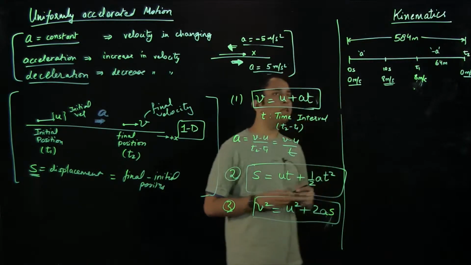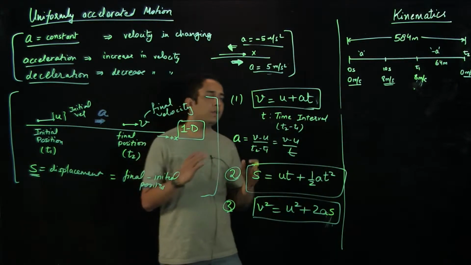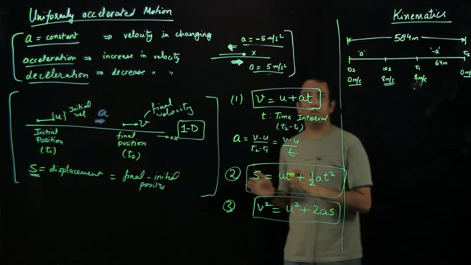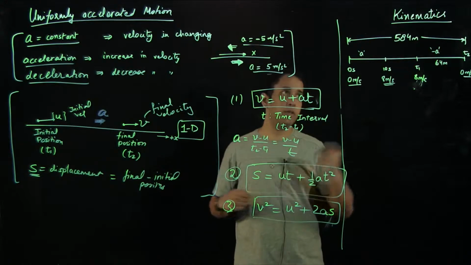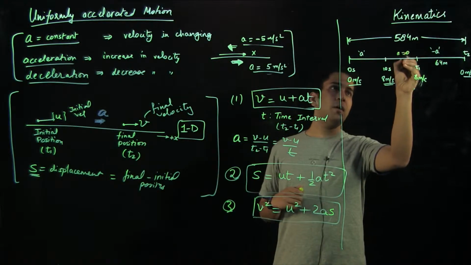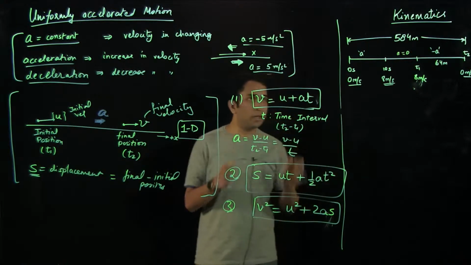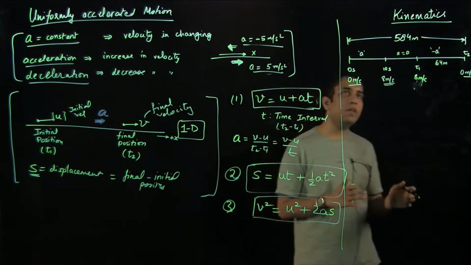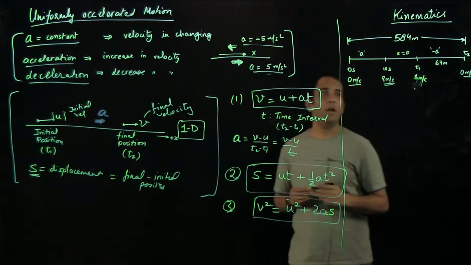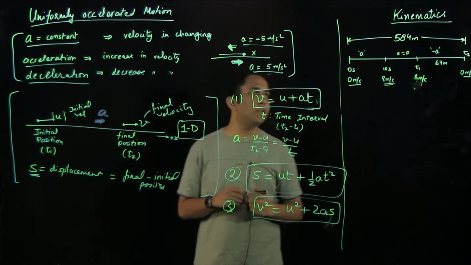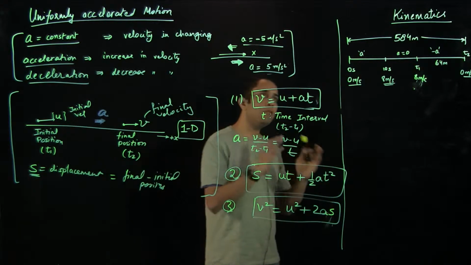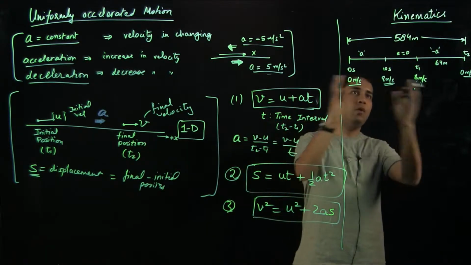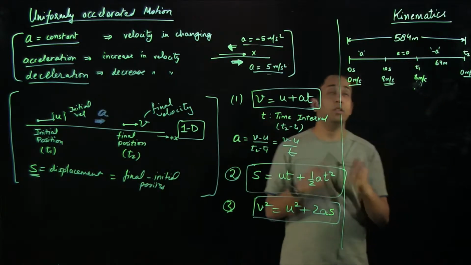So as you can see, overall throughout from 0 seconds to t2 seconds, the acceleration was not uniform because the acceleration has changed. For the time interval from 0 to 10 seconds, there was a constant acceleration of a. For the second time interval from 10 seconds to t1, the acceleration is 0, and from t1 to t2, the acceleration is negative. So I can solve the problem using all these three equations by dividing the whole time interval into three zones, so three smaller time intervals.